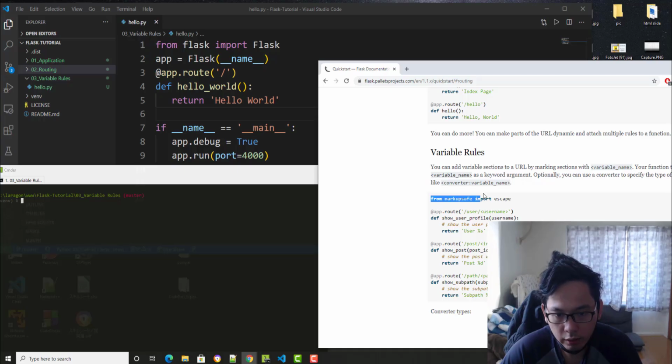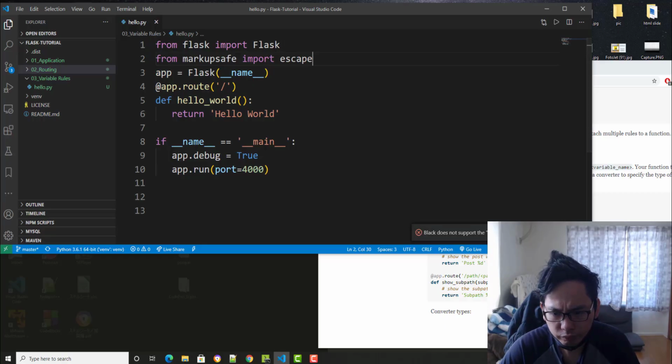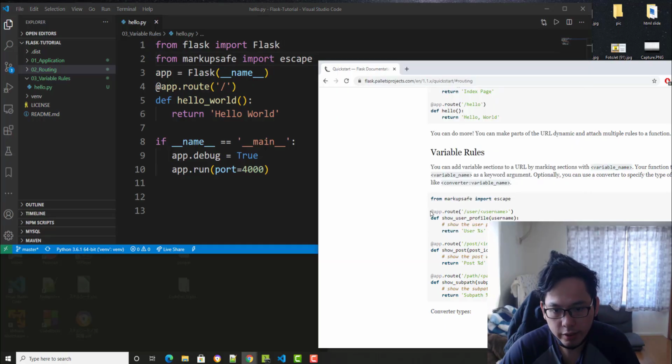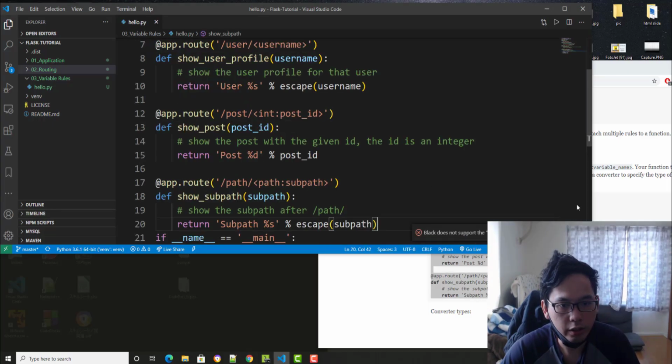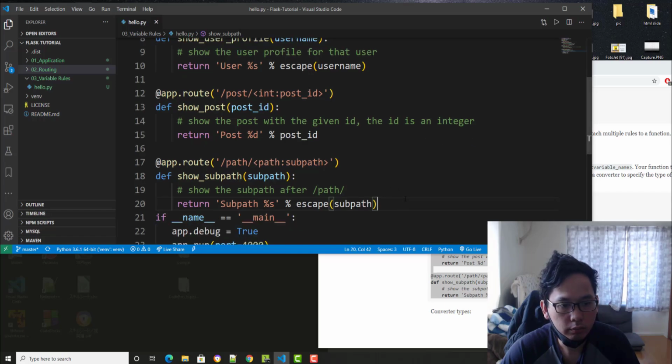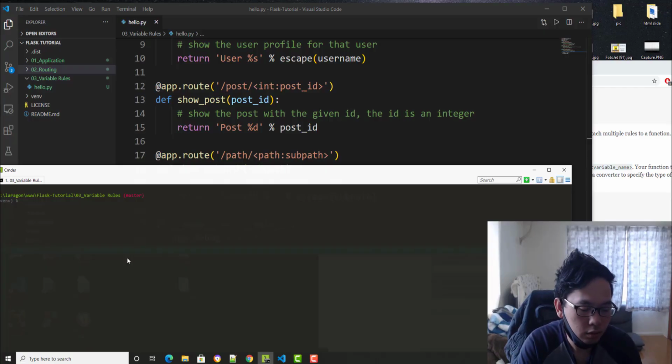Like this one, markupsafe import escape, we need to add that to our file. Copy that, and I'm going to copy this entire file so we can get the idea for this. I'm going to explain a little bit anyway, and we're going to run our file .py.